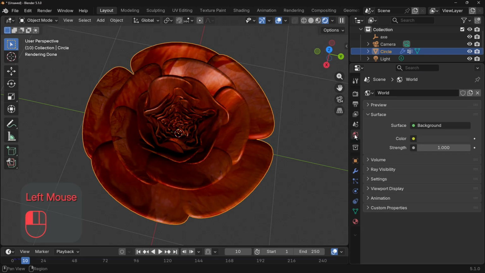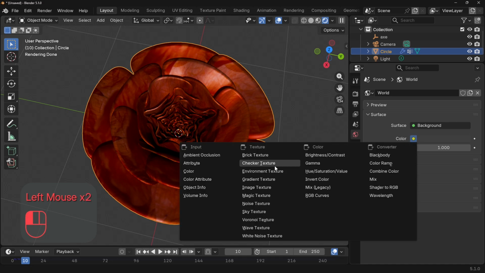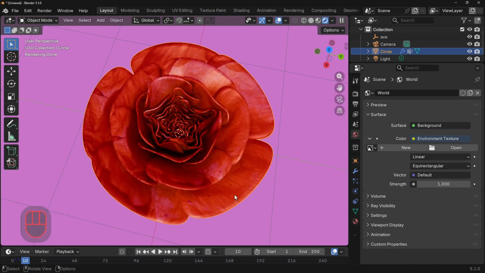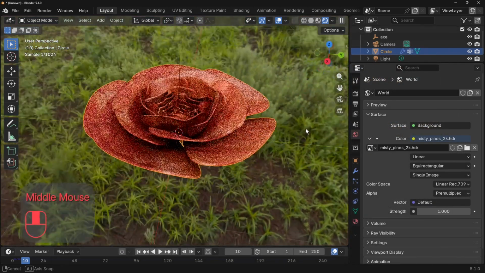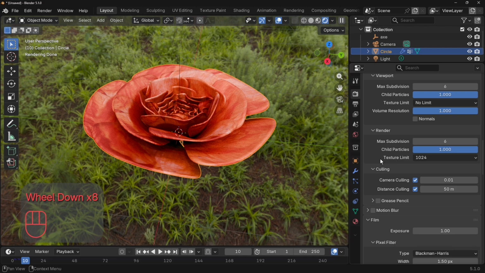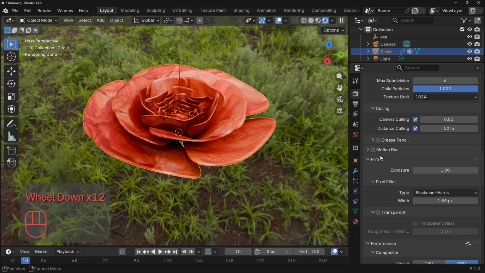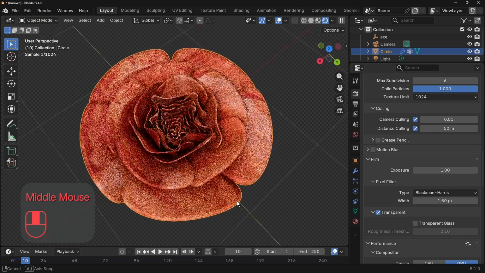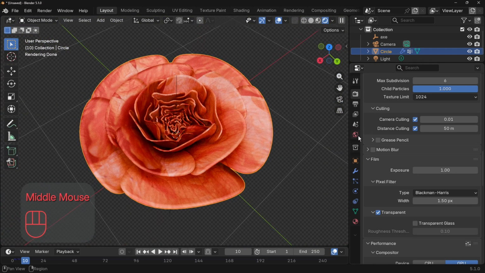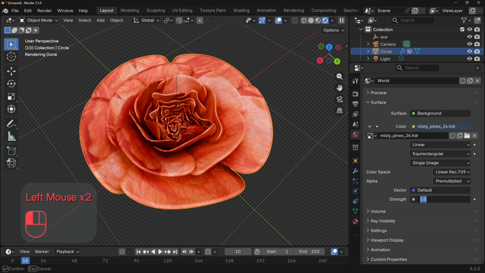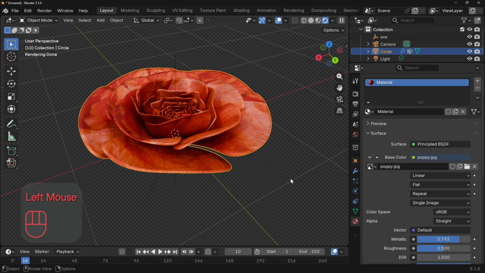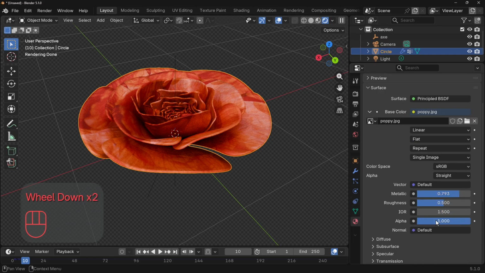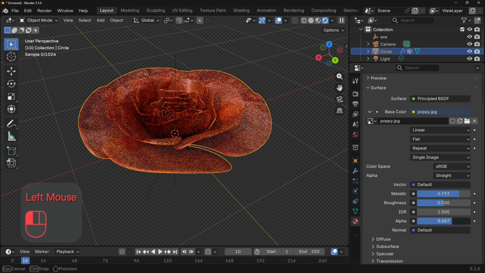You can add an HDRI environmental texture. Most of these are found on Polyhaven, and we'll just go for Misty Pines. And I'm just going to switch off the film just to make it transparent. There we are. Under film, if it's not open, you can put transparent, and you can adjust how bright the transparency is. We can also go back into the actual colour, and we can make the alpha,